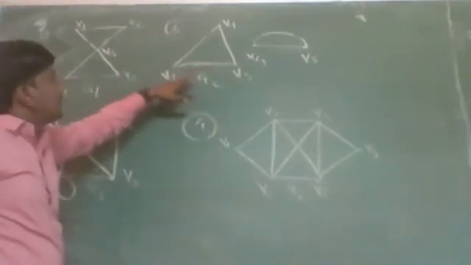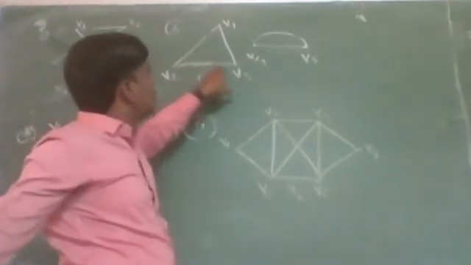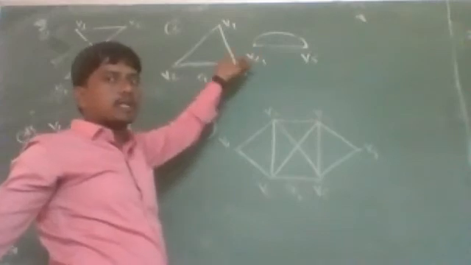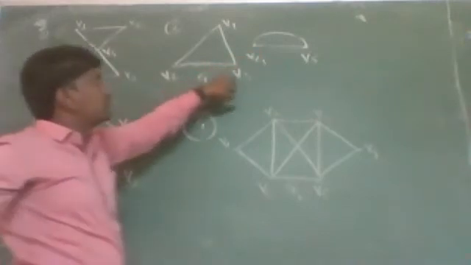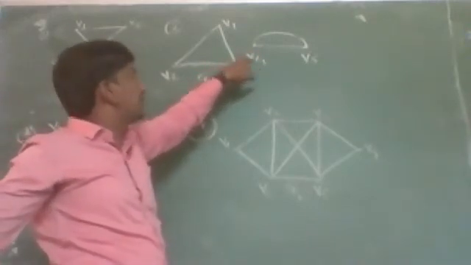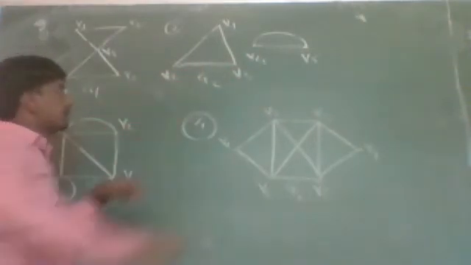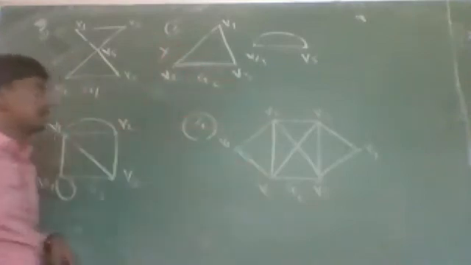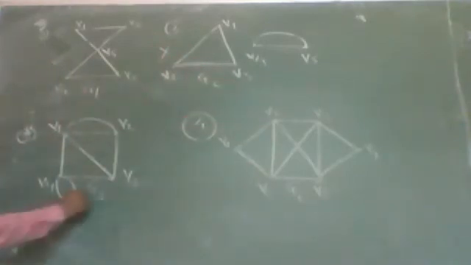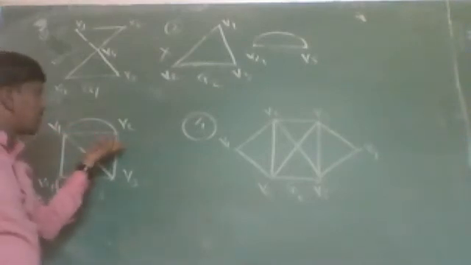Here, the degree of each vertex of graph G2 is 2, which is even. So the second condition holds here. But graph G2 is not a connected graph since graph G2 has two connected components. So graph G2 is not a Eulerian graph. Now, in graph G3, graph G3 is again a connected graph. So the first condition holds.